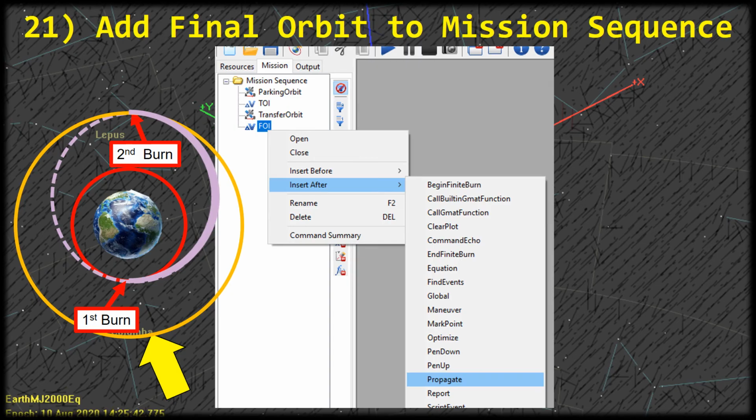Okay, so where are we right now? We just finished the transfer orbit. We're at apoapsis of the transfer orbit. We do the final orbit insertion burn. Since this is an impulsive burn, that means we just instantaneously changed from the transfer orbit into this orange final